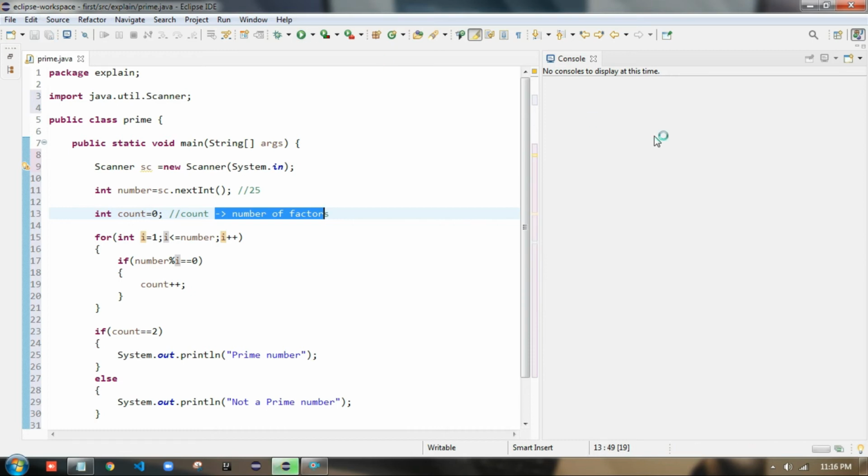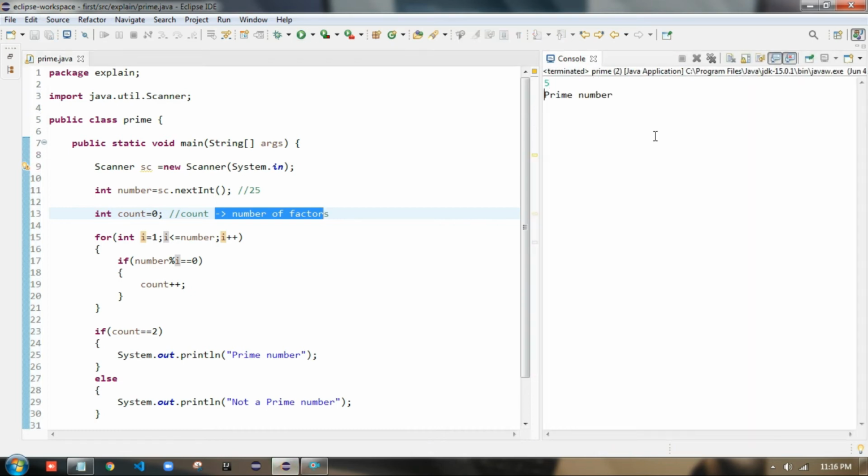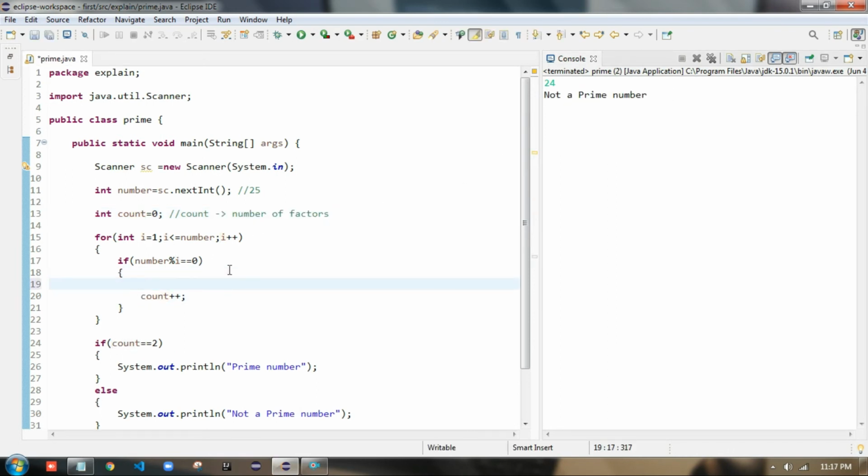So let's run this code. Okay, let's give input as 5, so 5 is a prime number. Let's again run this. 24 is not a prime number. Why? Because it has more than 2 factors. What we can do is print the factors here also, so we can check what all the factors are. So let's run this. For 24, we get 1 2 3 4 6 8 12 24, these all are the factors of 24. But what is the condition of a prime number? That 1 and that number itself must be there. So let's see for 11. So 1 and 11, there are only 2 factors, hence this is a prime number.